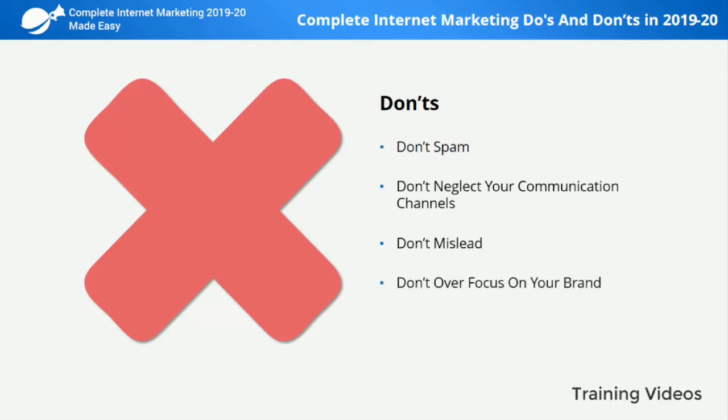Don't overfocus on your brand. Don't spend too much time discussing your brand or business. Instead, focus on what your brand or business offers to the customer and discuss their pain points. Don't be too wordy or complex. Don't drag on with too many technical details or with praise to your brand. Don't write long emails. Your marketing message has to be brief and easy to understand.